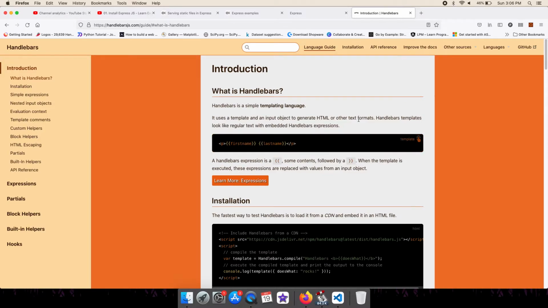Actually we use templating engines because while developing web applications there are a lot of security concerns, and usually templating engines by default handle all those security concerns, and it is very easy to write the HTML part if you use a templating engine. And Handlebars is one of the very popular templating engines. So here we can print a variable using this syntax.